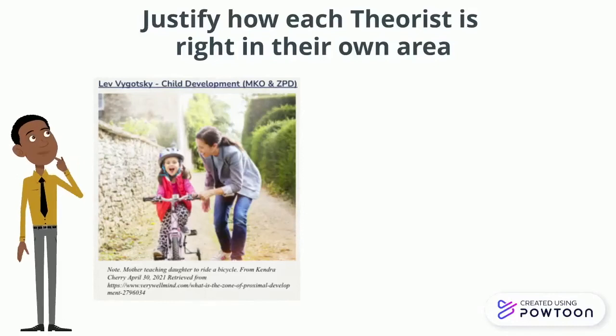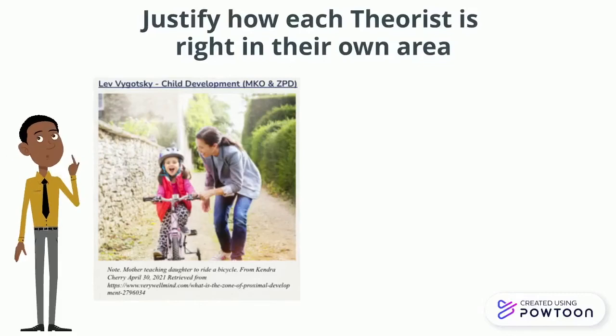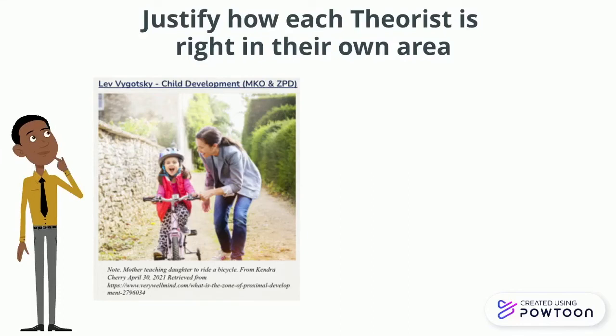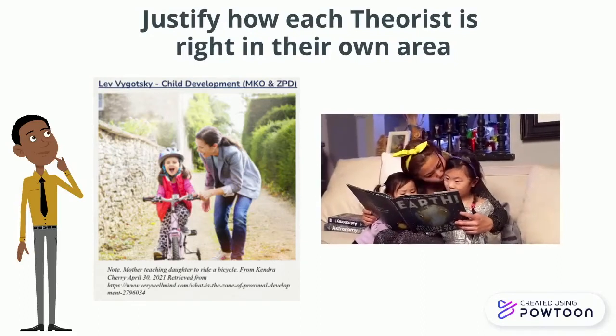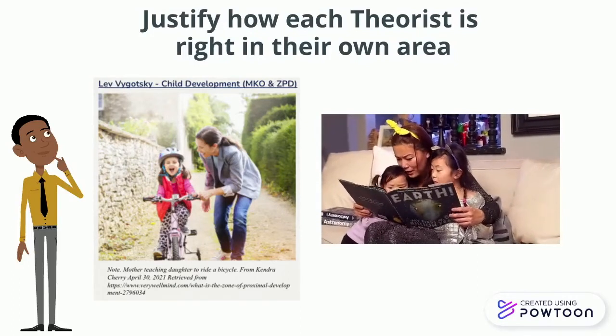Two of Vygotsky's main principles are the more knowledgeable other and the zone of proximal development. Lev Vygotsky was right in his area because in life the things that we learn are from the people that are close to us. A good example of this is the languages that we learn. Children usually learn languages when they are with someone who knows the language already, people who are close that speak the same language.